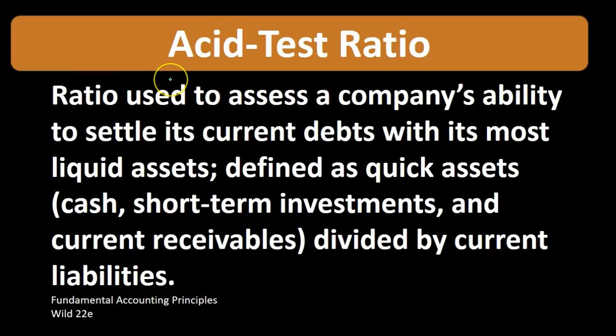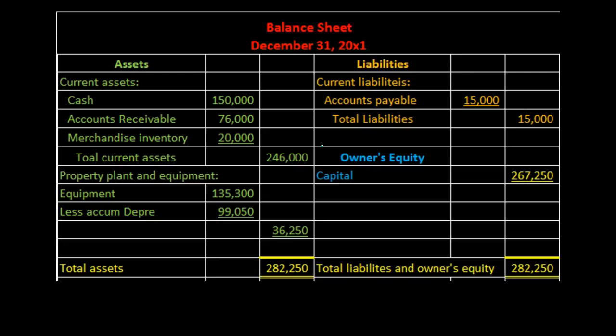So we're talking about a ratio. This ratio is giving us some information, that information being, can we cover those short-term debts, the current debts, the debts that are going to be due within a year with the most liquid assets, those assets that are closest to cash? For example, if we take a look at a balance sheet, we can see that we have the